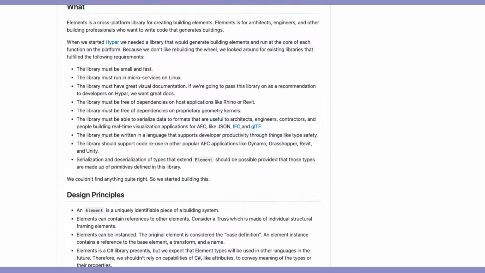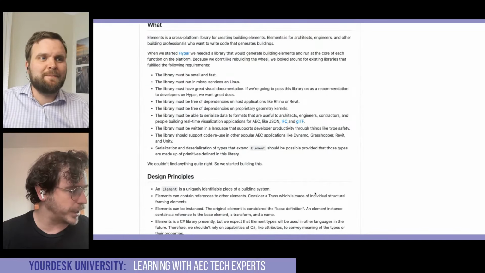Functions will be able to consume them. You'll be able to set up how they convert to IFC and DXF and all these other formats. So I think it's a pretty powerful tool at your disposal, whether you're doing desktop development or starting to build out microservices like we are. And there's a new development that I'm really excited about, which allows us to actually take advantage of Elements on the web directly. Before I jump into that, though, I see John has some questions.